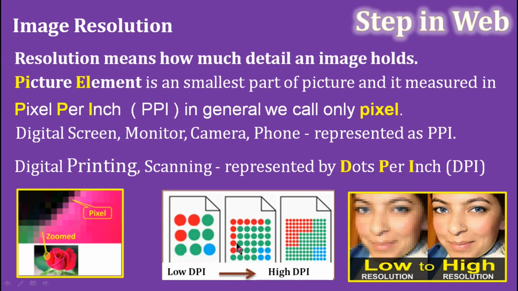Same thing, I can increase the number of dots per inch to 6 by 6 dots, then the image clarity will slightly improve. And same thing, I can make it with 12 by 12 dots, then the real picture will come out. So this is the difference between low DPI and high DPI. In the image also, if the image is low resolution, you can see a lot of pixels clearly visible to our eye. If we have a high resolution, then the picture will be very clear.